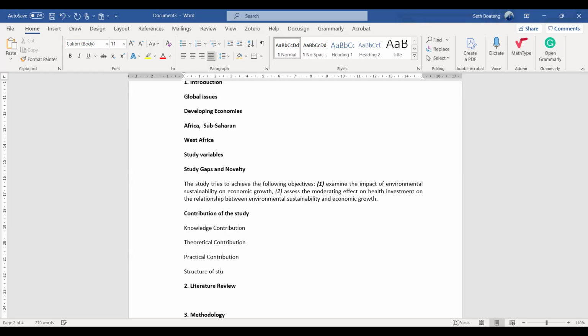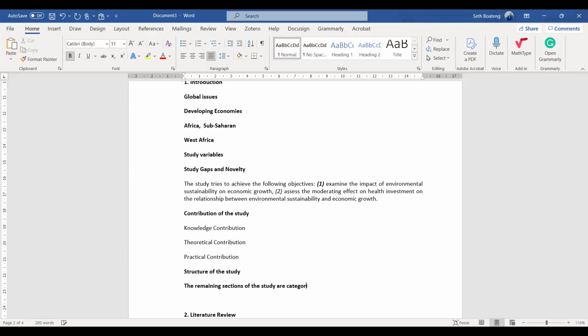Structure of the study. This is not like what we do in a thesis, where you say chapter 1 will talk about this, chapter 2 will talk about that. No. So this one you just state maybe that the remaining sections of the study are categorized.